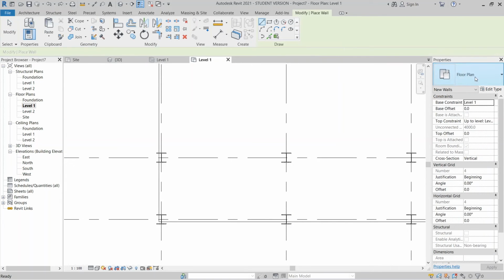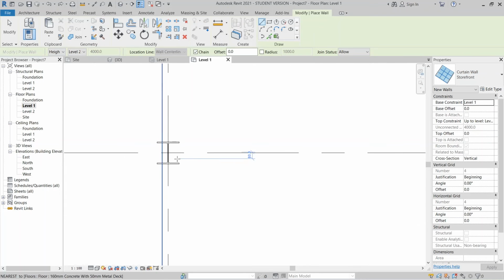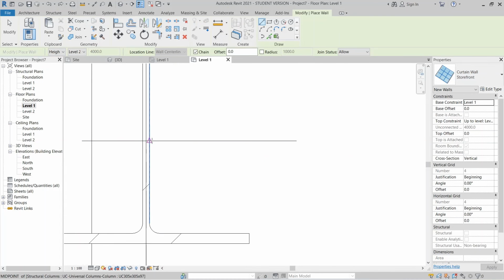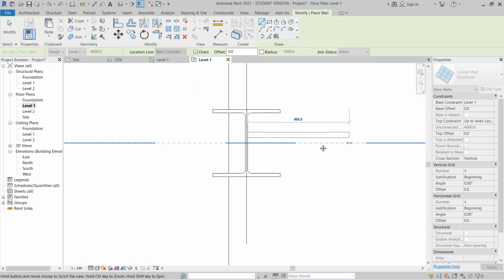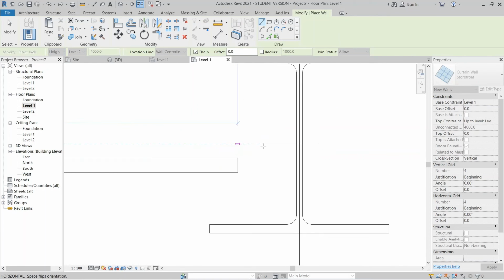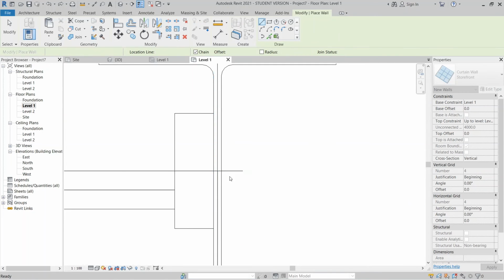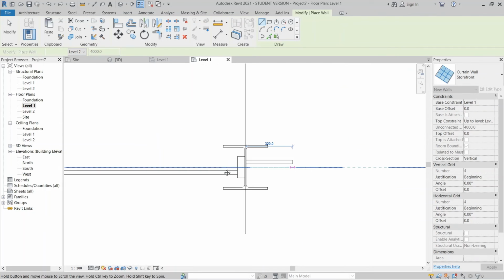Go to wall again. But this one we use storefront, starting from here until here. Yep, it's a correct one. And this one I don't want to sell. Start from here.